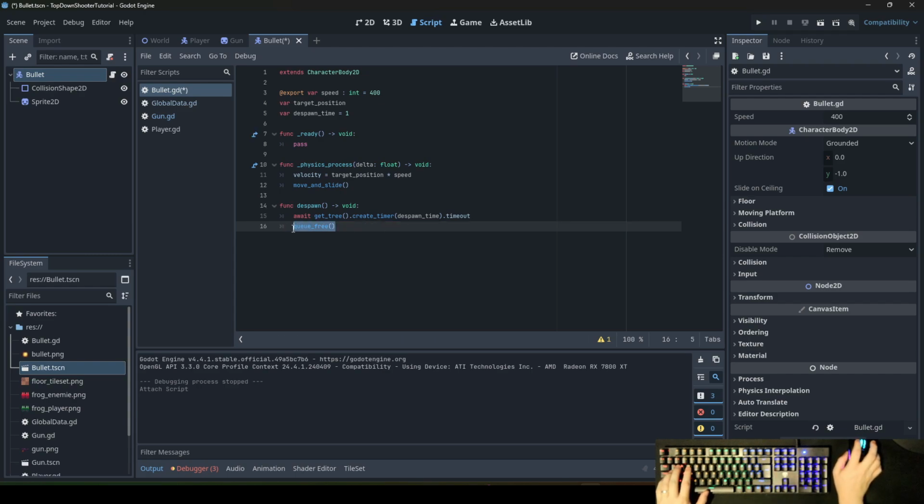That means queue free will just delete this scene. It will queue free the scene where this script is attached to, so that this one will be called anyway. So we will put it in ready. That means when the bullet scene enters the scene, such as when we press a left click to shoot, then it will start to count from 1 until 0, and when it reaches 0, it will just delete the bullet. If you want the bullet to fly further, more distance, then you can